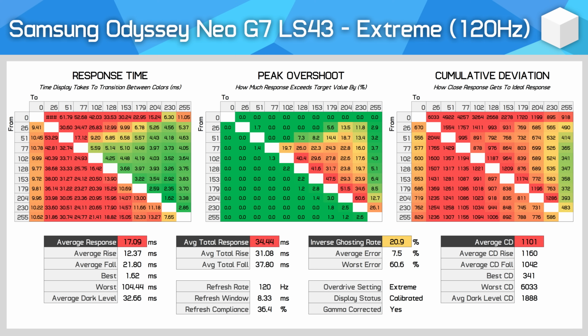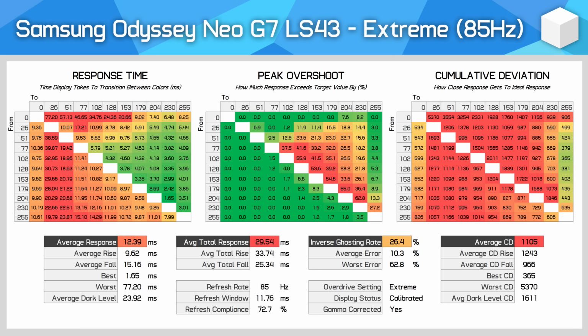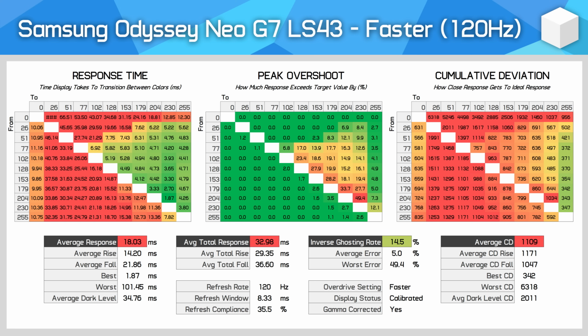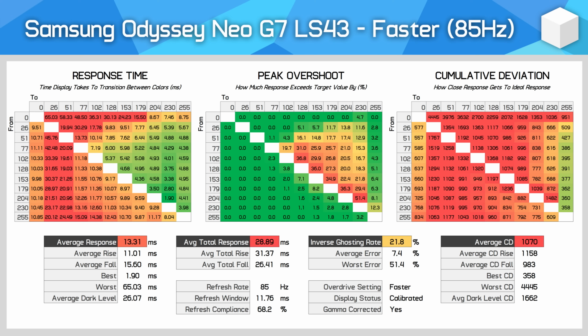The story is much the same for variable refresh gamers. The extreme mode does get faster at lower refresh rates, but it is accompanied by higher levels of overshoot. Down below 100Hz, this overshoot is quite noticeable. Meanwhile, the faster mode is a little slower than extreme, but has less overshoot. At 60Hz, this overshoot is still noticeable, but in my opinion looks clearer than the large amounts of ghosting in the standard mode. While I would recommend the faster mode to VRR gamers, it's not a good result, and I